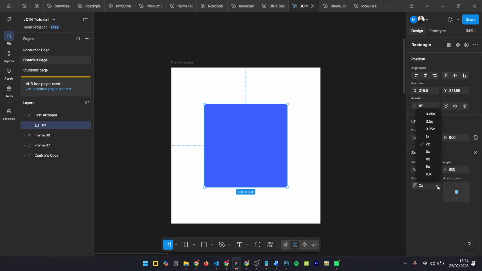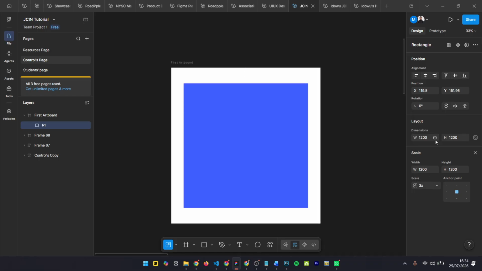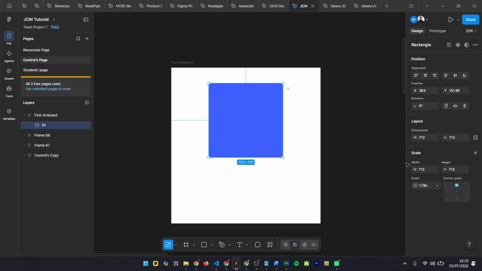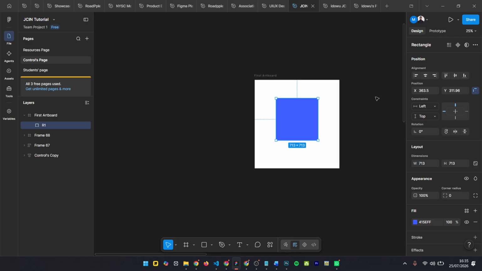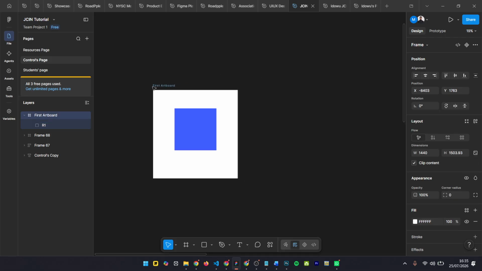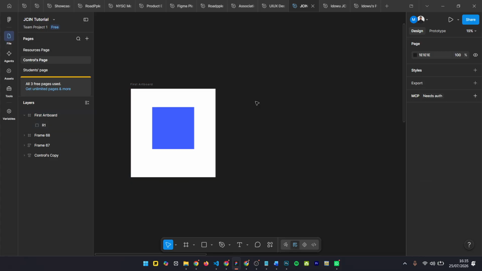All right, and if you wanted to make it 3, then you have 1200 and so on and so forth. So this is very handy in some cases where you don't want to be adjusting the dimension manually. You can just use scale, especially when it comes to text, right? So that's it for that particular one. That's very simple. You are going to be using this one all the time. The move tool and the scale tool, you are going to get used to it as time goes on. So let me just drag this one to one side. Okay, good. And let's go to